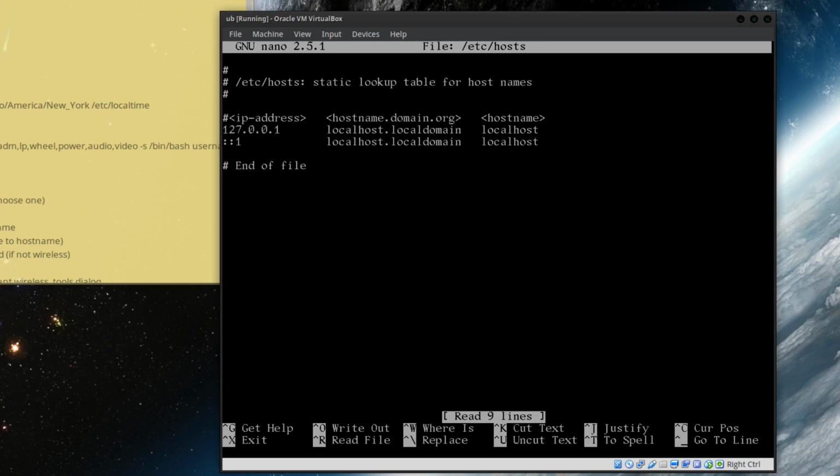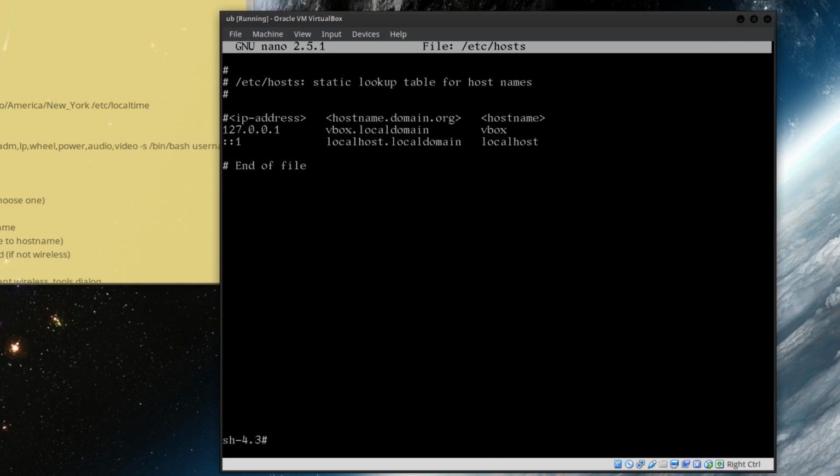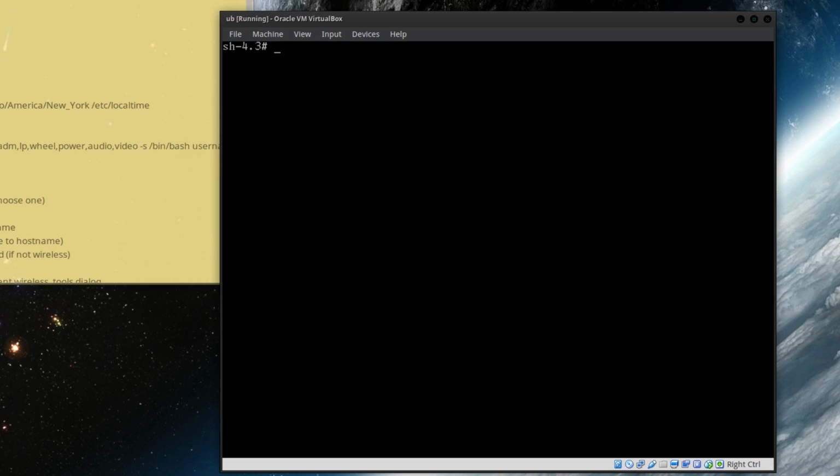And where it has the 127 IP address line, where it has localhost, you take out localhost and type in whatever you called your machine, like I did, VBox, and take out the other localhost. Oops. And type in VBox. That's it. Save and exit. Now,